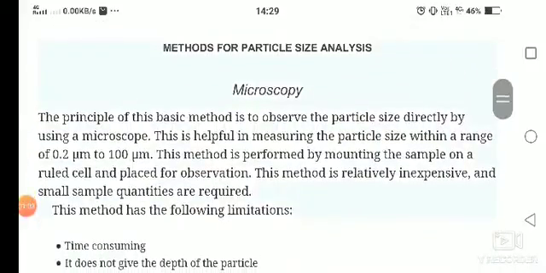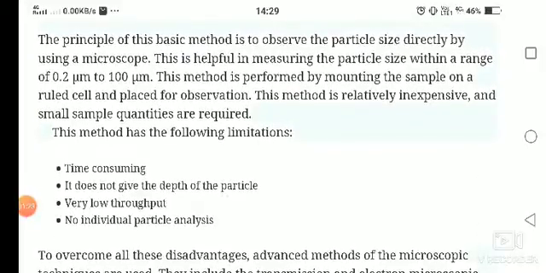Methods of particle size analysis. Microscopy. The principle of the basic method is to observe the particle size directly by using a microscope. This is helpful in measuring the particle size within a range of 0.2 micrometer to 1000 micrometer. This method is performed by mounting a sample on a ruled cell and placing it for observation. This method is relatively inexpensive and small sample quantities are required. This method has the following limitations. It is time consuming. It does not show the depth of a particle, it has very low output and